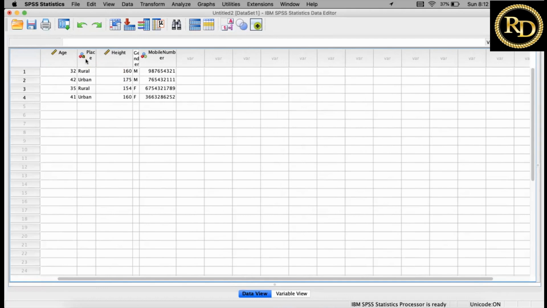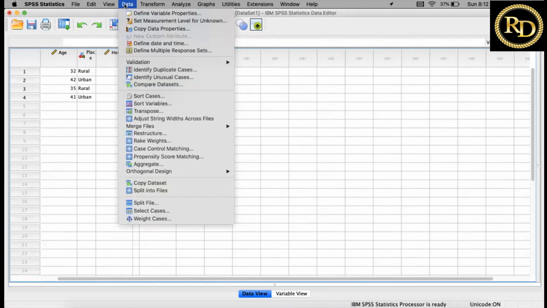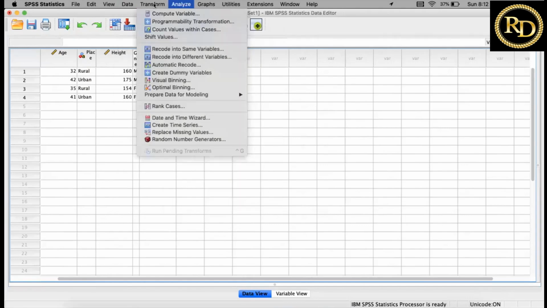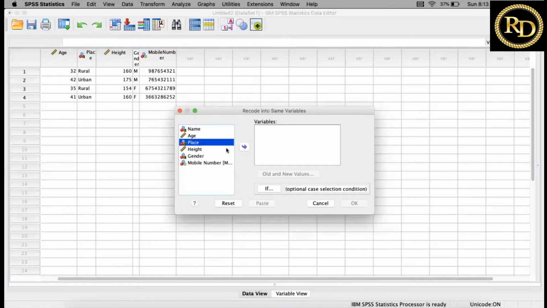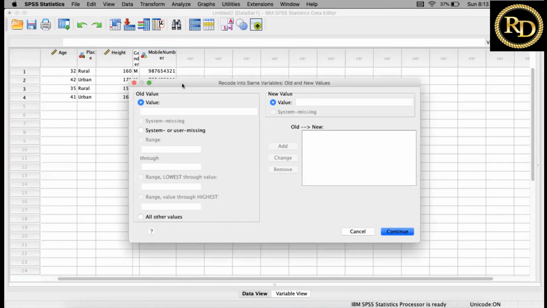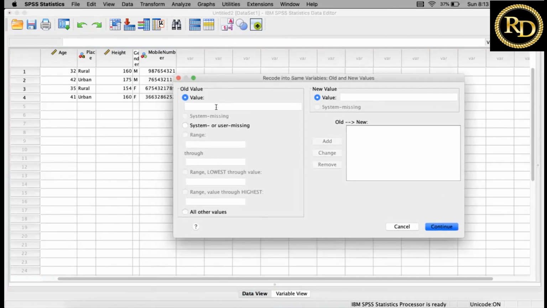For converting, you should go into Transform and Recode into the same variable. What you have to recode is place, old and new values. What is your old value?